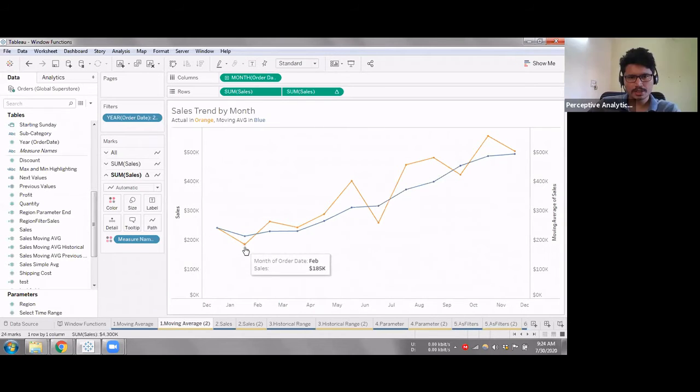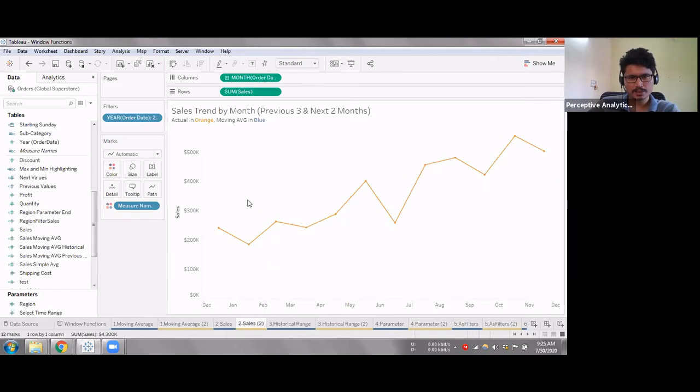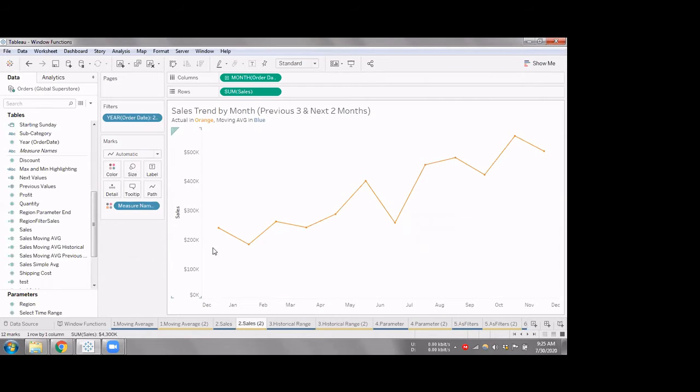If you can see, the orange is the actual sales value, and the blue one is just the moving average. At this point it's the same because I have only one point. At this point I have two points, so I take the average of these two and get something in between. As I progress across the x-axis, I get the average of all the points I've moved across. This is the straightforward one. In the second activity, we can do likewise if we don't want the average for the entire time period that I have.